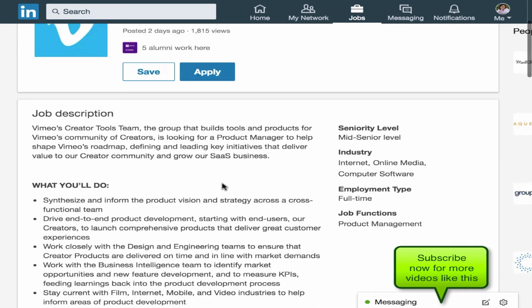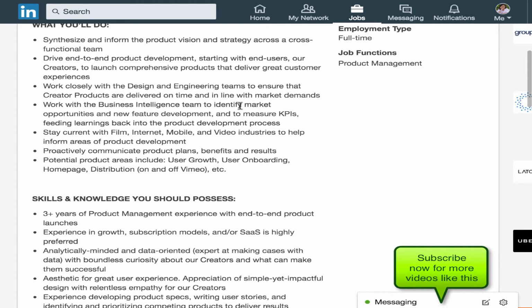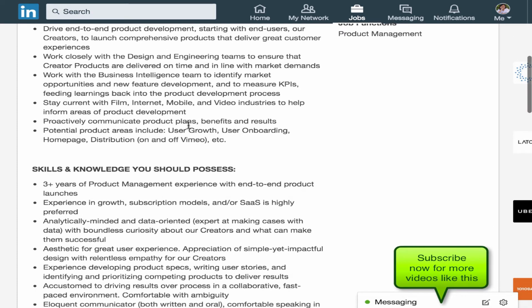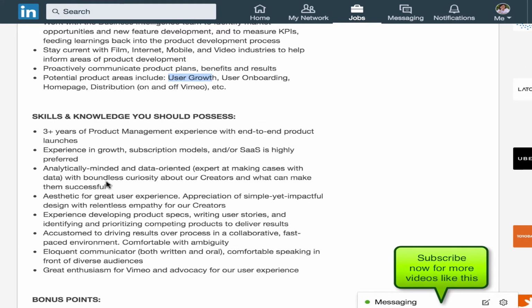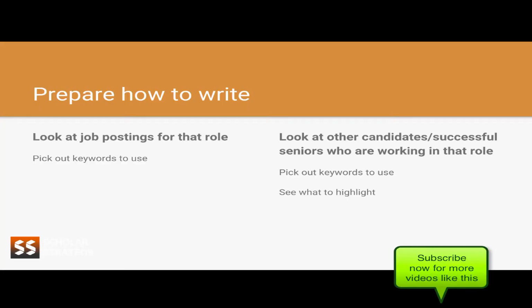So back to this Vimeo position, they have not actually done as good a job in describing it, but you can look at some of those things, like user growth is a good thing to mention, maybe analytically minded, data oriented. So the data word has to come, the analytical thing has to come somewhere, right? So these are the kind of things we are going to pick out. They will give you a list of, let's say, 7 to 8 keywords that you have collected from the job postings, and you can look at 10 to 15 job postings, and I'm sure you'll find or shortlist enough